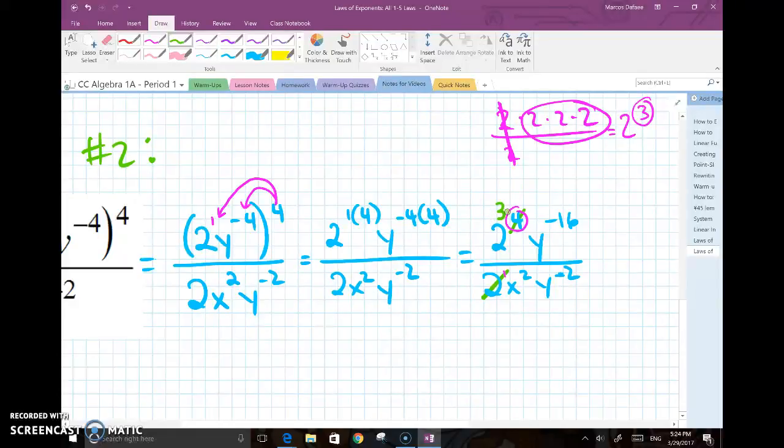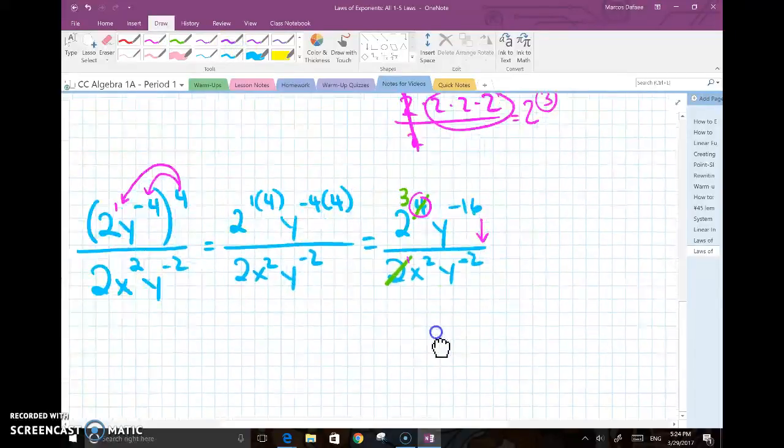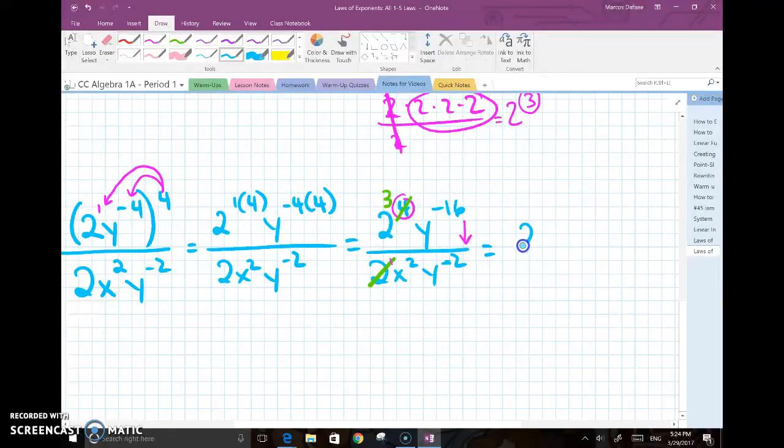Now I said with the y's, I wouldn't move this one down here until I first see what's going on up here. A strategy before moving is to see which one, if you were to move it, would end up giving you a positive power with the least number of moves. And it turns out if I were to move this y down here, then it would turn positive 16, and when I subtract it with the 2, I get positive 14. Okay? And so that's what I'm going to do. I'm planning ahead. So this is 2 to the power of 3